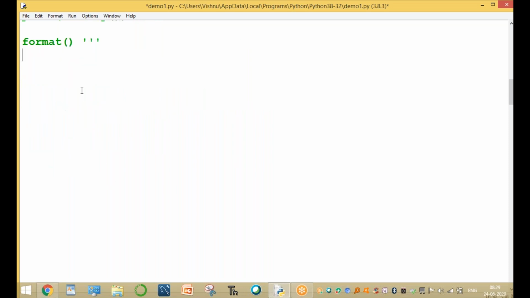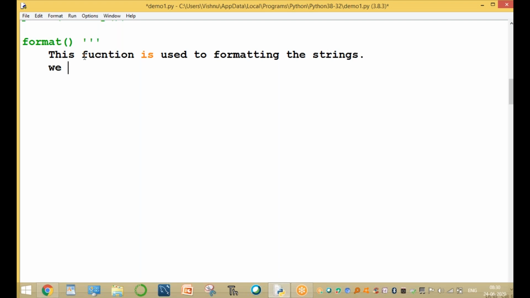Now this is another function. This function is used for formatting the strings.